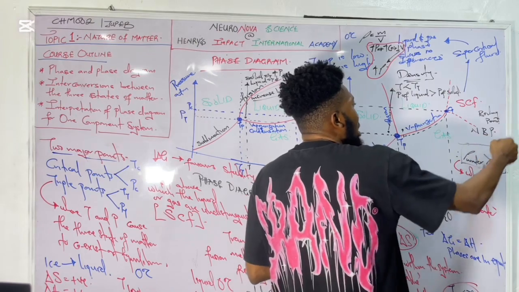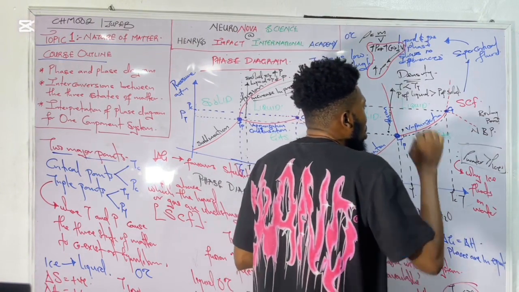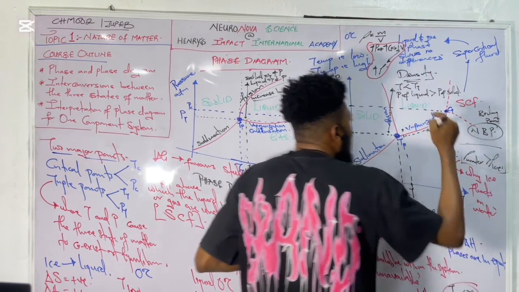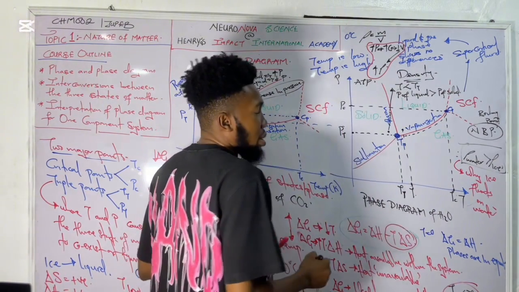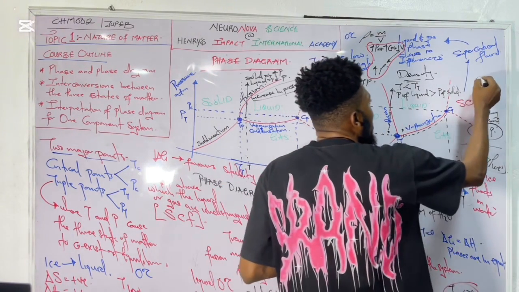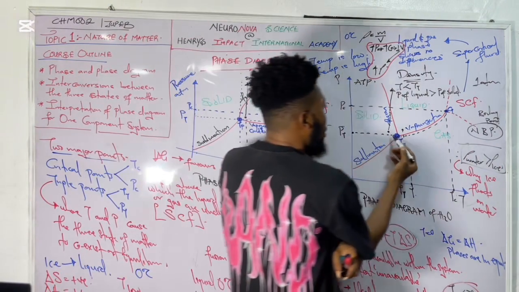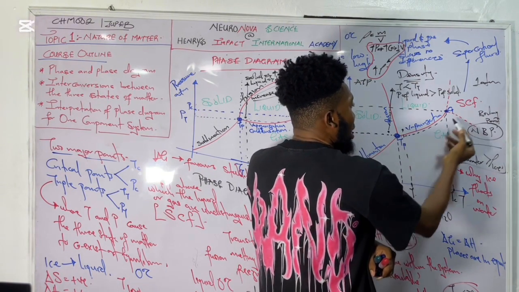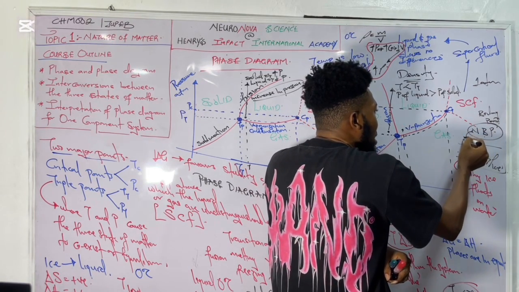But the normal boiling point is the one that will occur at 100 degrees Celsius for pure water. And what's the difference? Your normal boiling point must be happening at atmospheric pressure, your normal standard atmospheric pressure, which is what? 1 atm. That answers something quickly. If I told you that this curve here is where boiling occurs, and I told you there's something we call normal boiling, which is that 100 degrees Celsius,